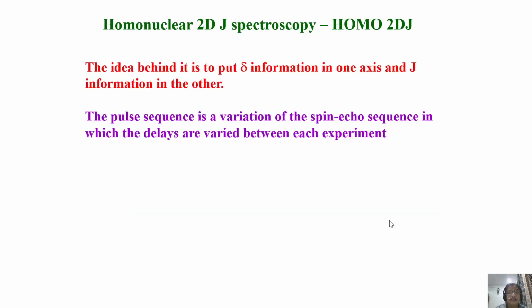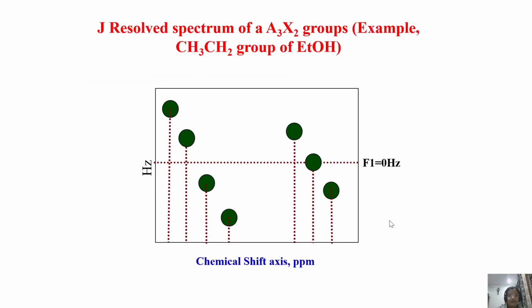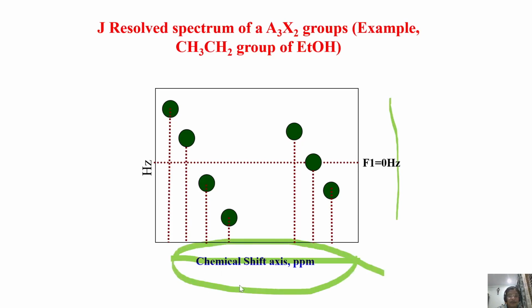The idea is that it puts chemical shift information along one axis and coupling information along the other axis. In the real spectrum, in this dimension you not only get chemical shift, you also have the coupling information, because in the direct dimension both are there. Coupling with chemical shift are both there, because in the detection dimension you are not doing anything. You are simply collecting the regular spectrum, so all coupling and chemical shift information is present. Whereas in this direction, you have only coupling information. That's all.